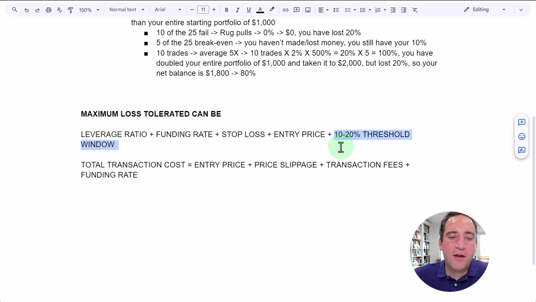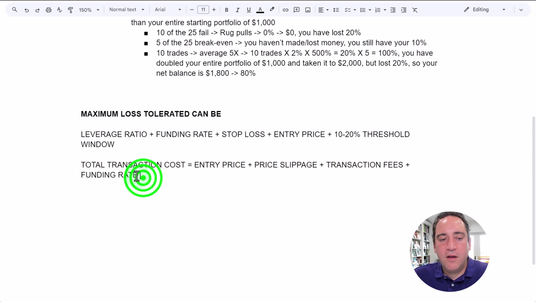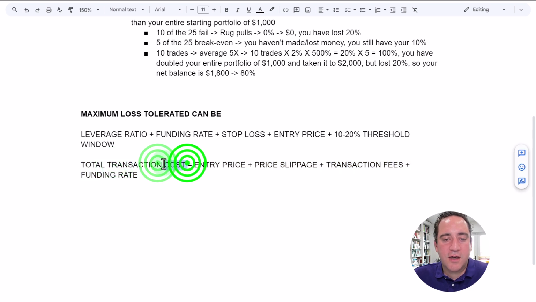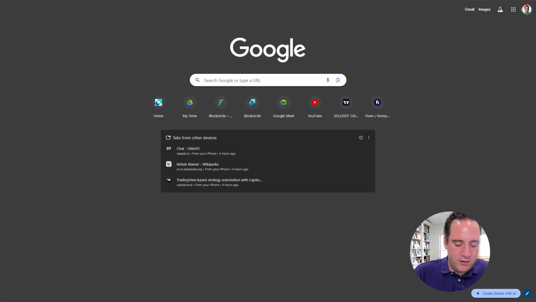That's all. Another very important thing that I walked through before, but I'll repeat it again, is when you're looking at the total transaction cost, just remember that you have to consider your entry price, your price slippage, your transaction fees, and your funding rate. If you don't know what the price slippage is, this is what you can do. You can just type in